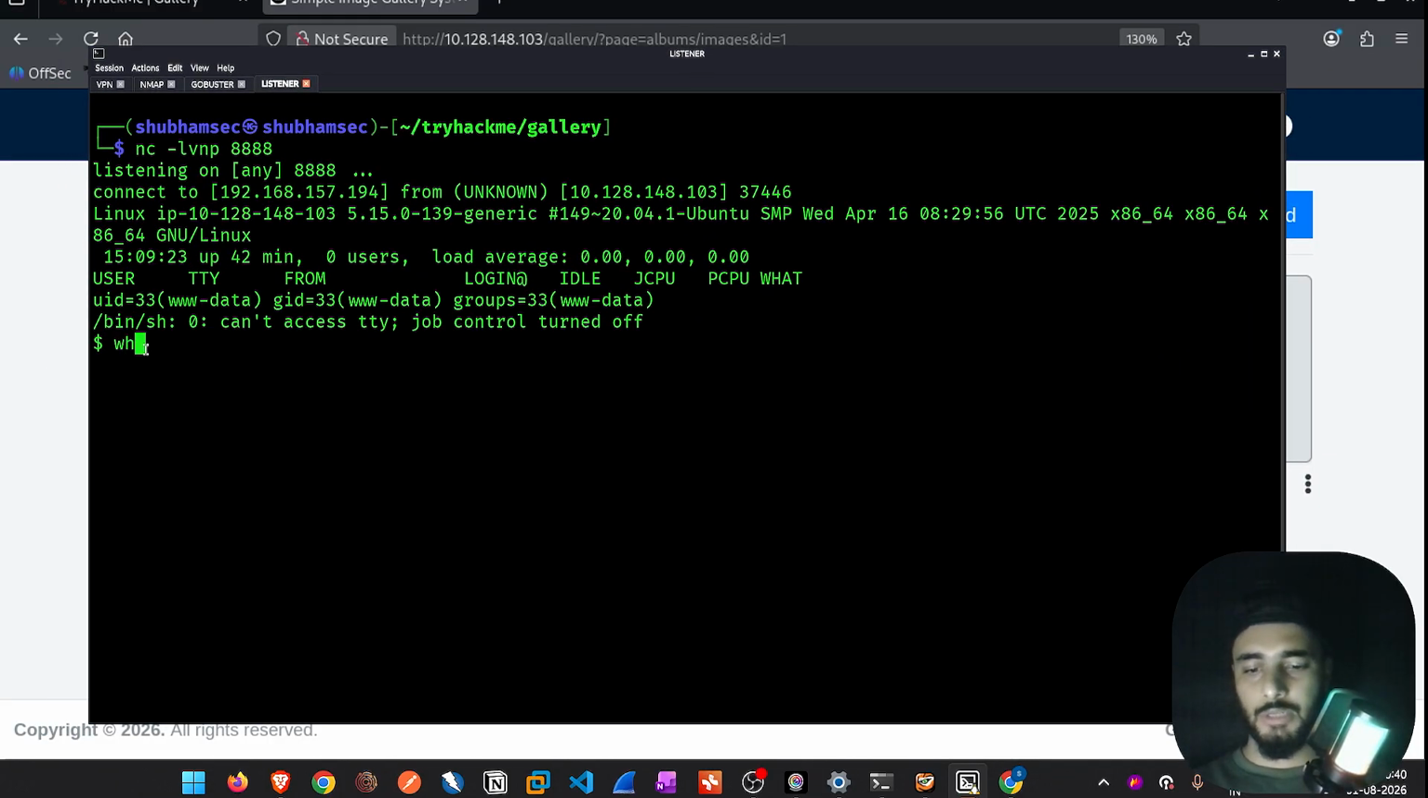Now let's see who am I. So we are www-data. Now what we have to do from here, our first step, is to stabilize this shell, and how we can do that is using a set of commands, that is export TERM=xterm,